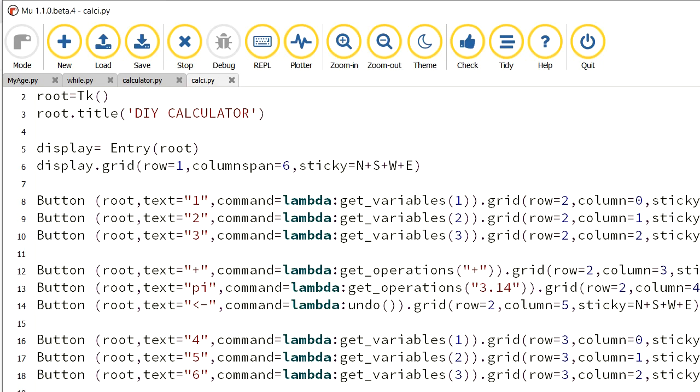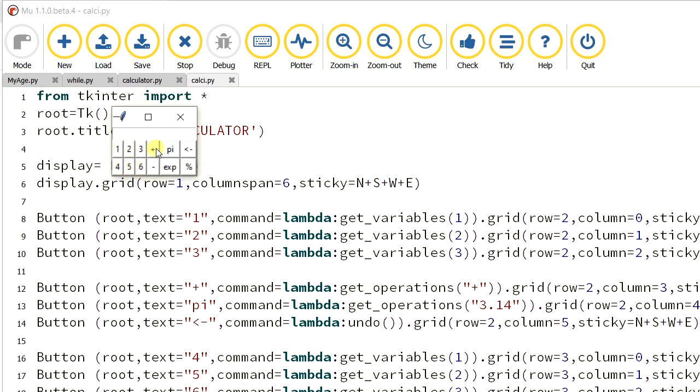So we get operations of minus and get operations of exponential. What will happen means we are going to multiply it twice or thrice. Whatever you define, you can define. To find the exponential, it's up to you. Same here, we are going to find the modulo. So get operation. 1, 2, 3, 4, 5, 6, plus, minus, other operations. It is easy and good.